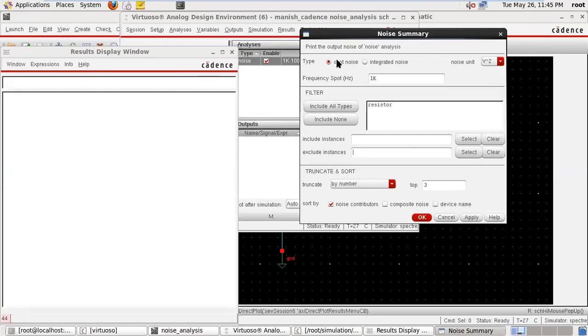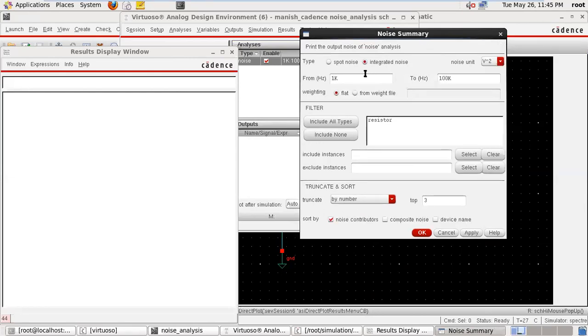So spot noise: in the case of spot noise, all the noise due to the different elements comes at one frequency. If you integrate noise, it shows a range of frequency from the initial point to the final point, and the total noise due to every element comes from the integration of those values.